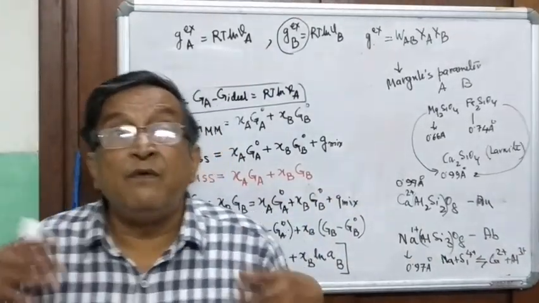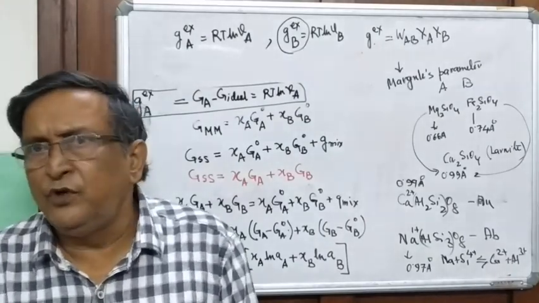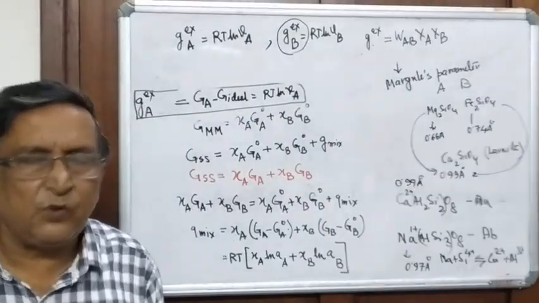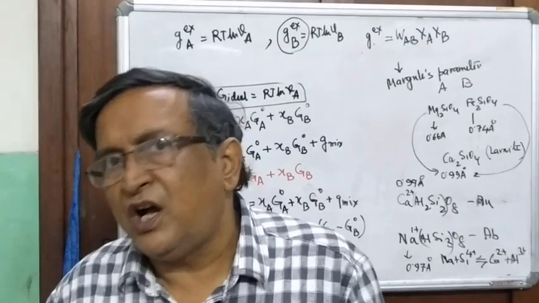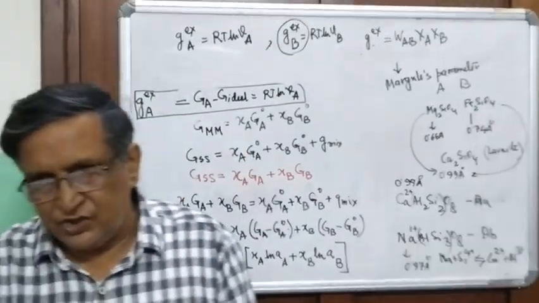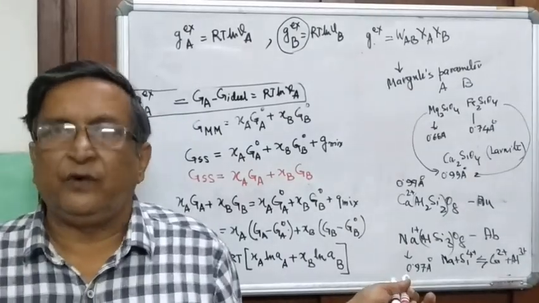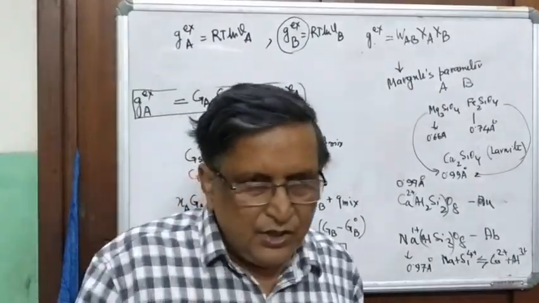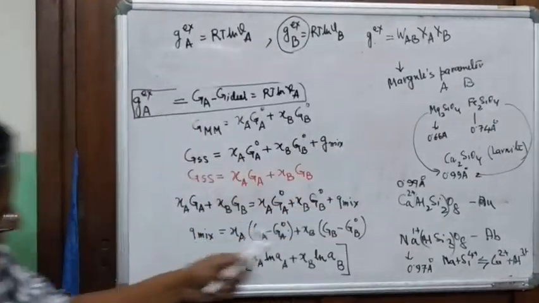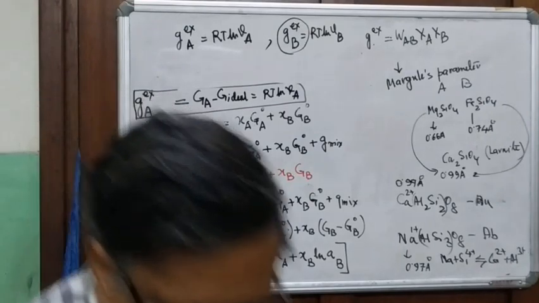So, if someone asks you which systems have non-ideal mixing, they are the systems where the size, or the charge, or both differ greatly. That's the theory. So, now that we have reached this point, we can now write